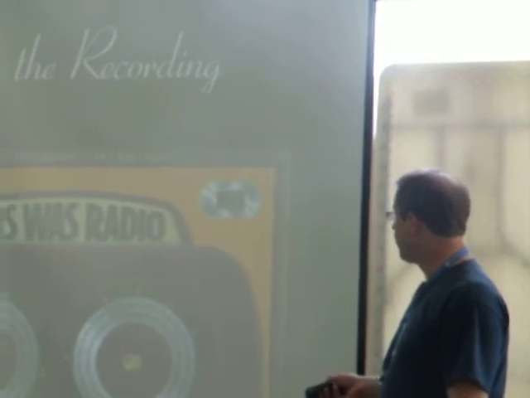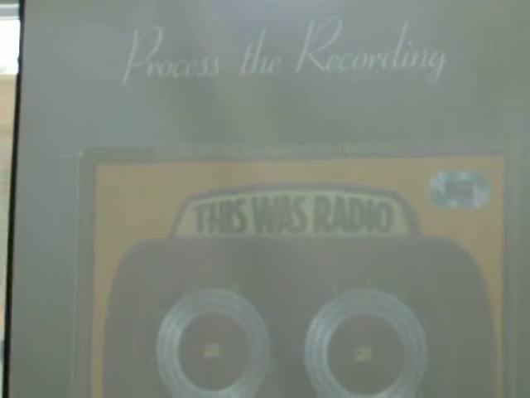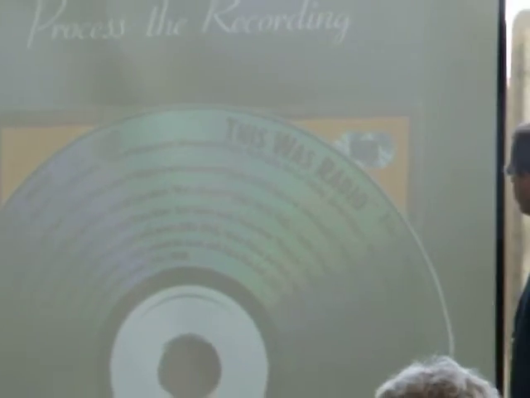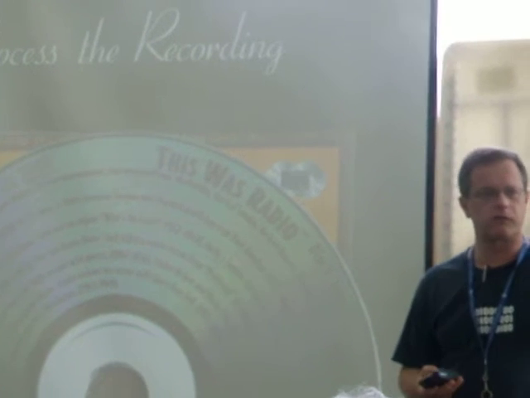Now, an example was, I got this book for instance called This Was Radio, and in there it has some original radio broadcasts from the 30s and 40s on 2 audio compact discs. And there it is there. It's got something from Amos and Andy, it's got Truth or Consequences, it's got Abbott and Costello's Who's on First routine, it's got all kinds of stuff on there. So it's great, I can put those things on iTunes and listen to them.